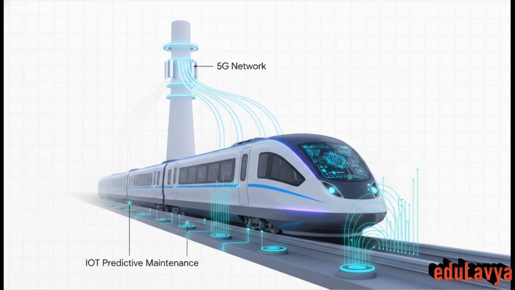Looking out on the horizon, we are seeing the integration of ultra-reliable 5G mobile networks replacing standard Wi-Fi, providing way lower latency and even tighter train headways. The Internet of Things is going to allow for predictive maintenance, where track sensors report their own wear and tear directly to the control center automatically. All of this is pushing us rapidly toward a reality of fully autonomous driverless train networks operating completely safely beneath